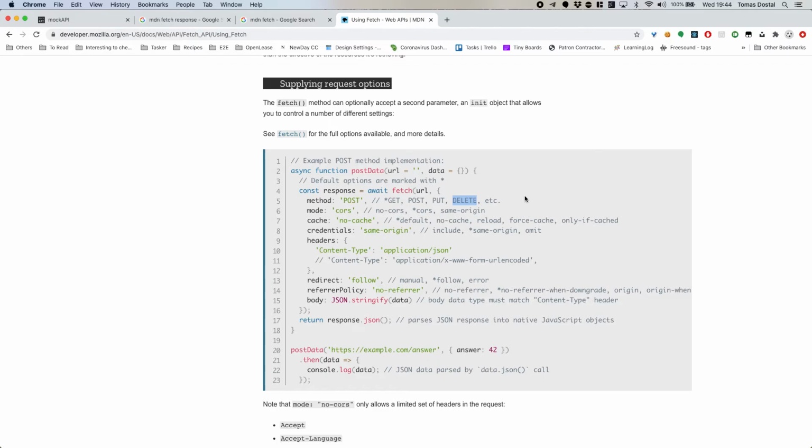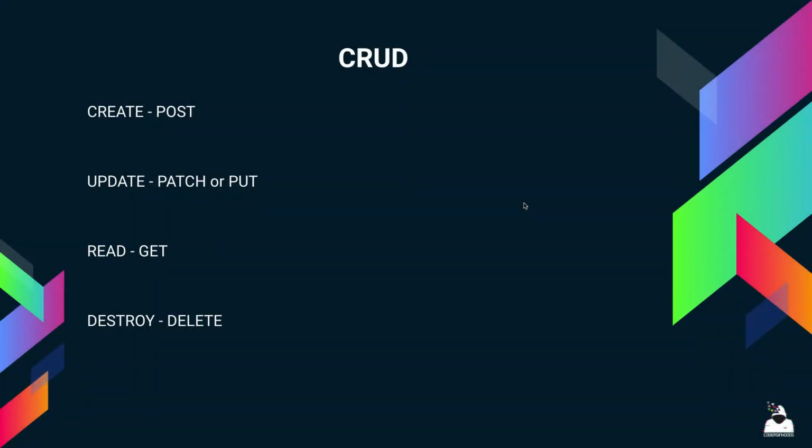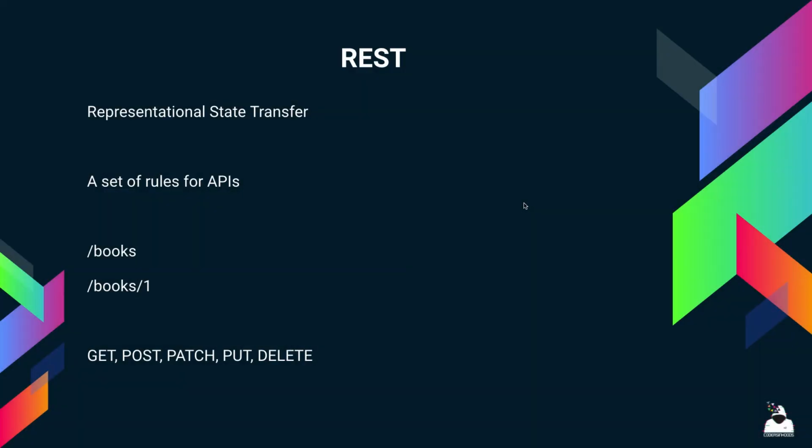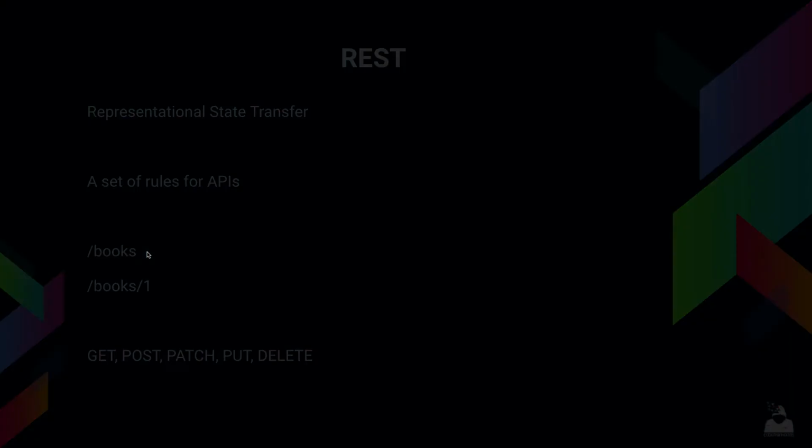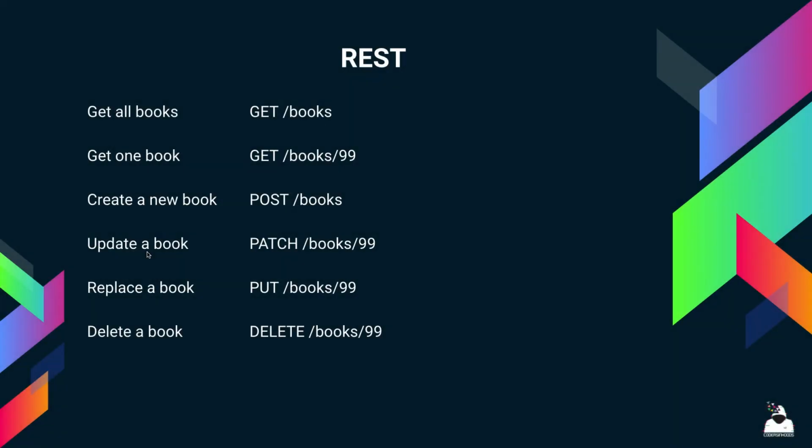Okay, so if you think about it, and I think in here in the documentation we have something like books, sorry, in the presentation. So let's think about books, right? So if you want to get information about a book, you would do a get, because you're just loading from the server. You are not actually changing anything on the server, you're just loading some kind of data. So that's your get request.